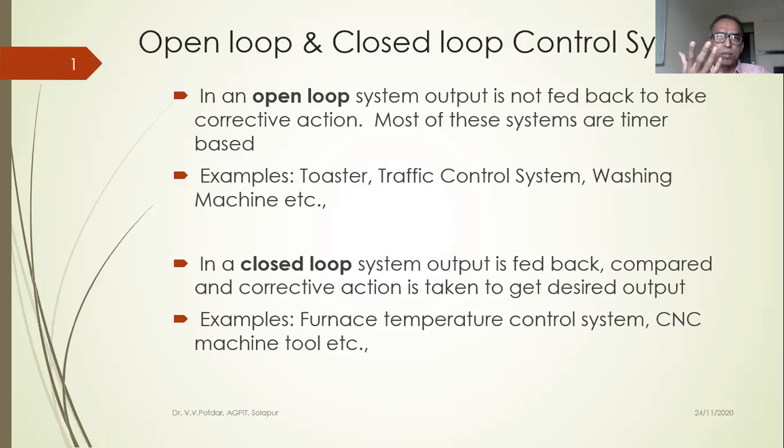If road number 1 has got more traffic density in the morning, let us say, if you take the case of Satrasta, around 9 o'clock, 9:30, people coming from Vijapur Road will be going to their offices in the morning hours. So on that road, the traffic would be more. So there I require more timing given for flow of traffic on that road. Whereas from station side, maybe the traffic would be less. So for that road number 2, I might give lesser timing. So if that calibration is correct, I will have smooth flow of traffic.